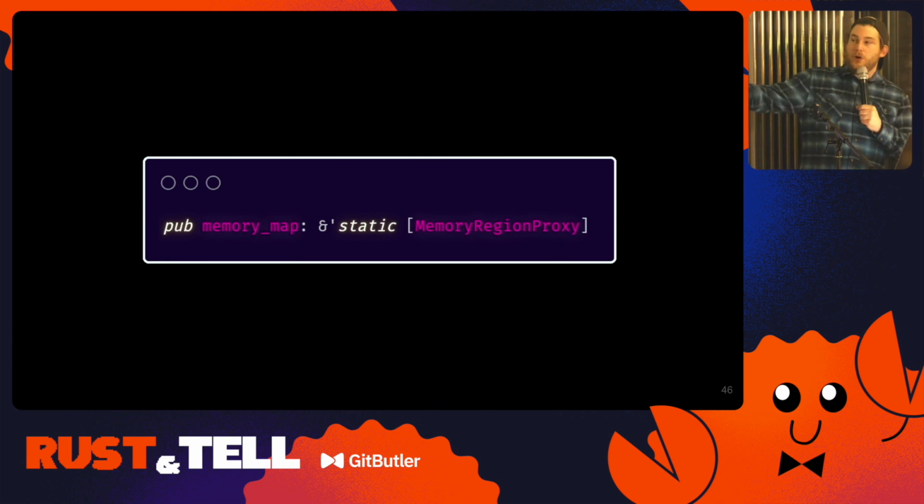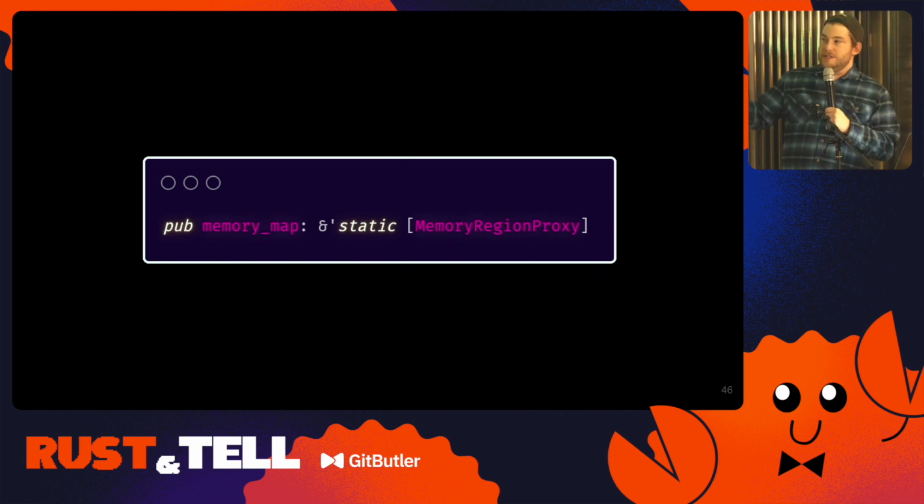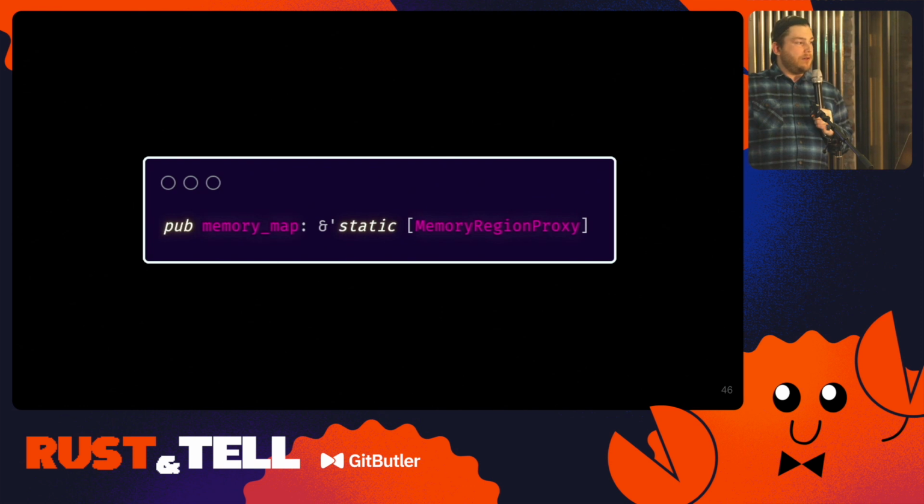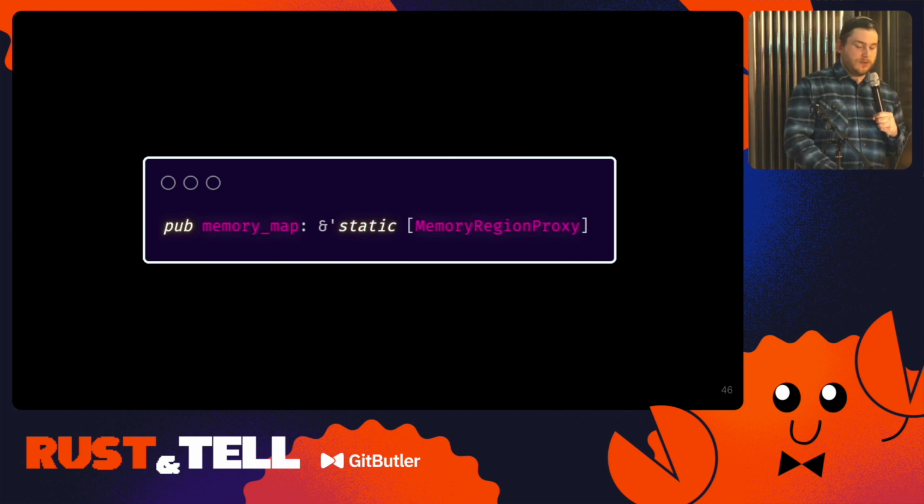Okay, so this is what the kernel will use. And what we saw before is what the source code uses, what the boot stage uses. So the boot stage hands it an iterator, and then the kernel gets back a statically allocated slice of objects that it can use, that are in its data structure that it understands.